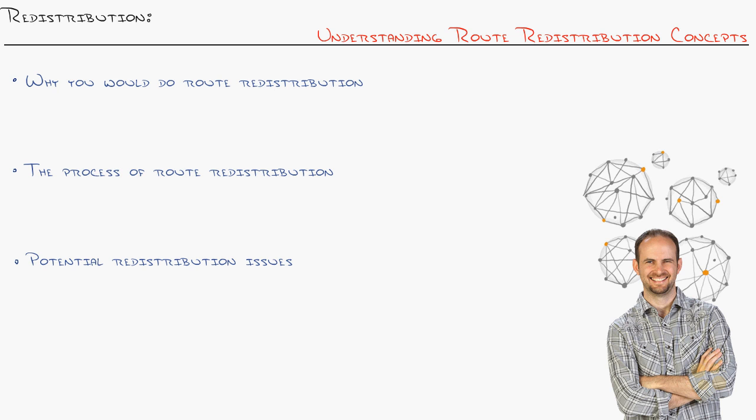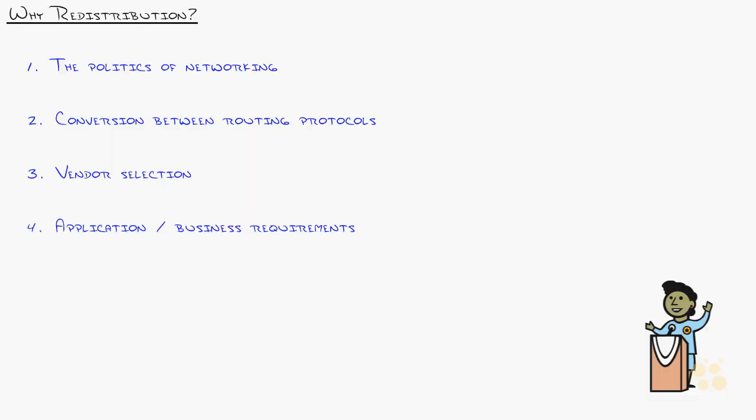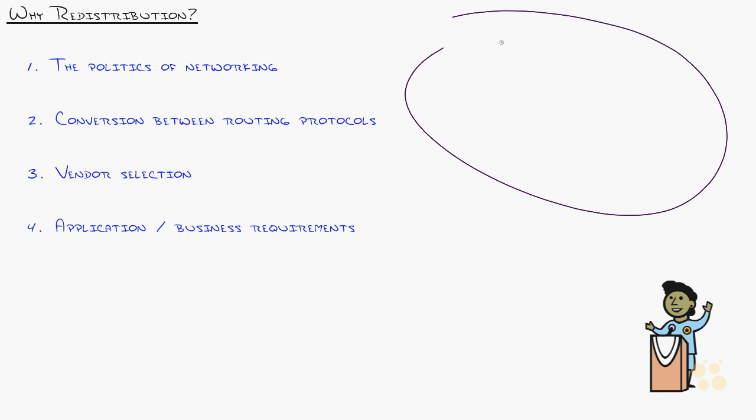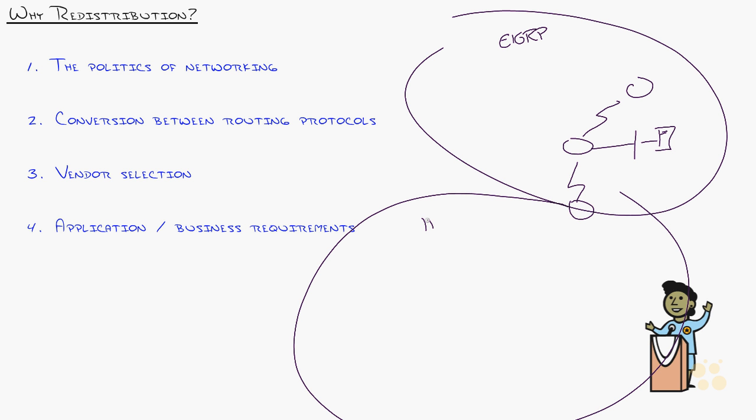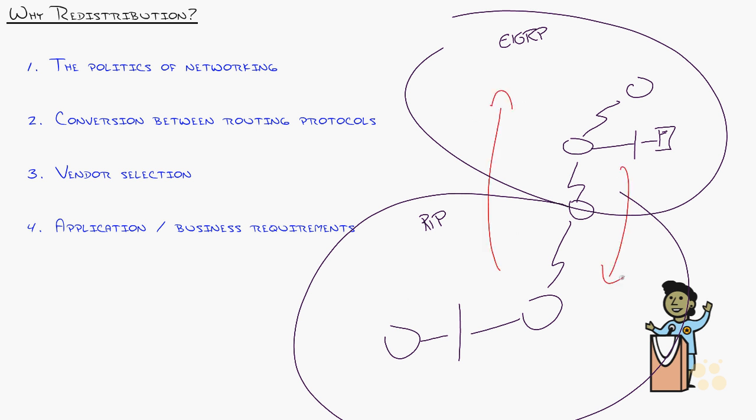Understanding route redistribution concepts. Route redistribution is all about taking the routes from one routing protocol, let's just say EIGRP, with all its happy WAN links and LAN links and servers and clients and everything else in this portion of the network, and distributing it into another routing protocol, let's just say RIP, with its happy WAN links and LAN links and all that kind of stuff. That's really all it is, taking some or all of the networks in each system and sending them into each other, so I can see the RIP routes in EIGRP and vice versa.